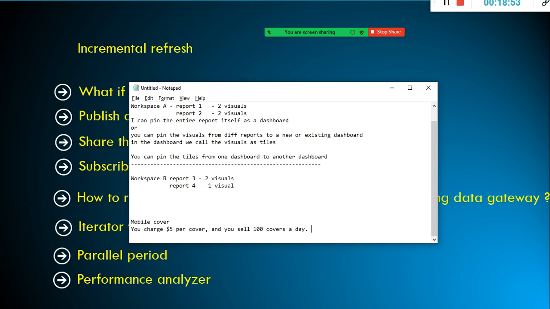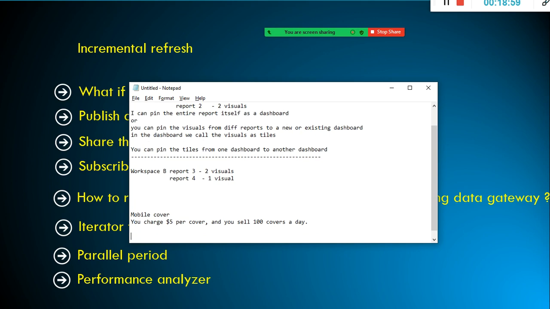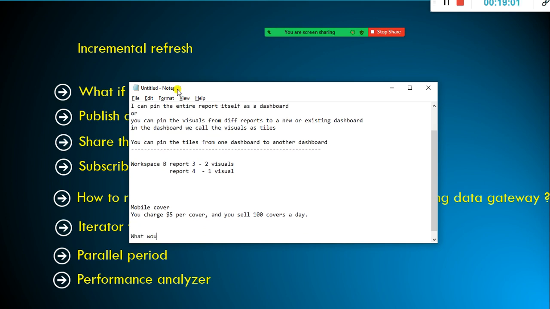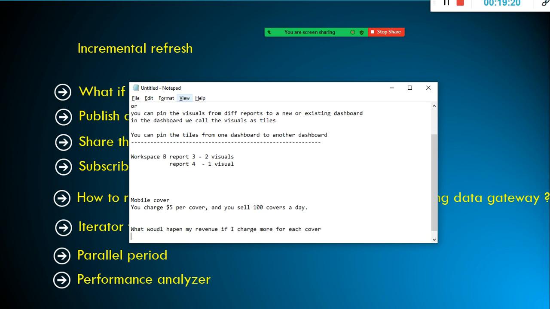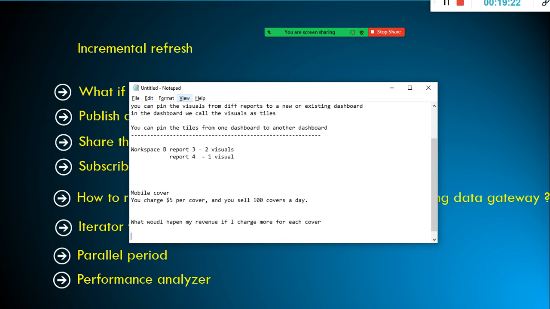In the case of what-if analysis, we want to ask questions like: what would happen to my revenue if I charge more for each cover? What would happen by increasing the price?